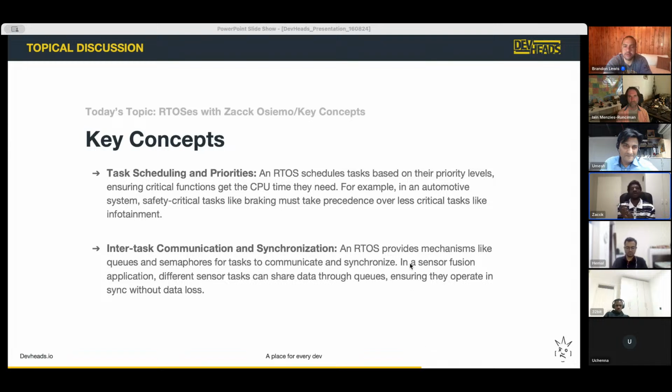Okay, so the next thing is inter-task communications. In that diagram, there was a point where the task that was feeding in the fuel needed to wait until the other task had done its part. This is almost a method of back pressure: don't do something until I'm ready, don't fire the thing until I'm ready.